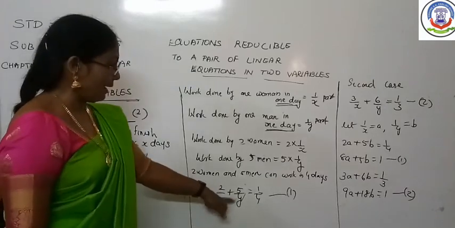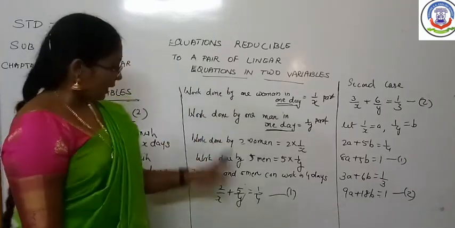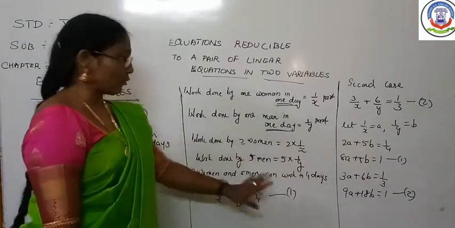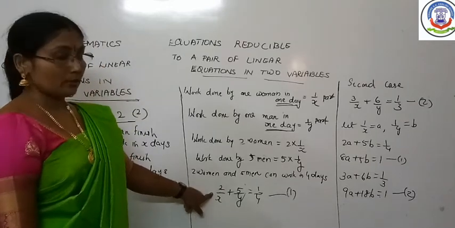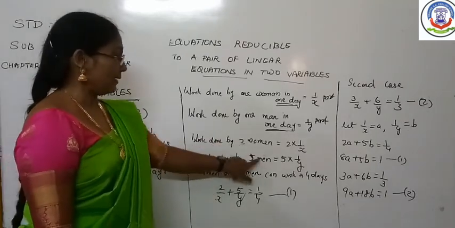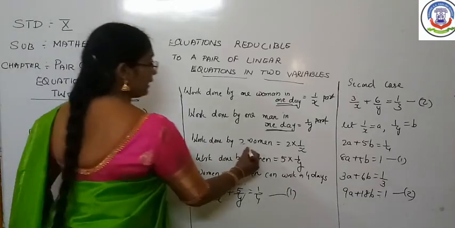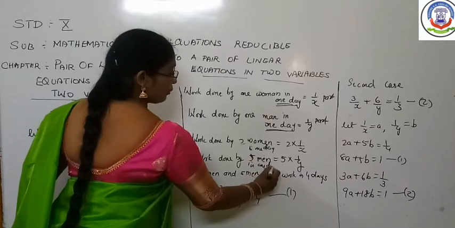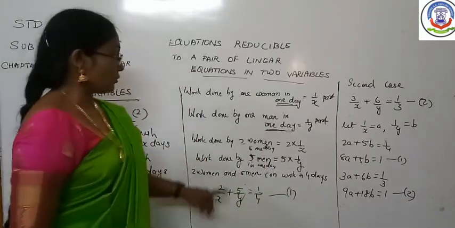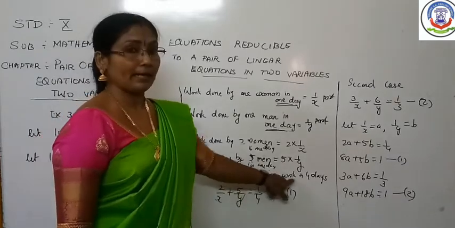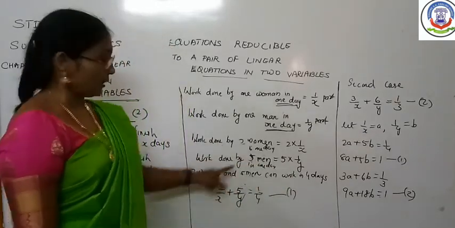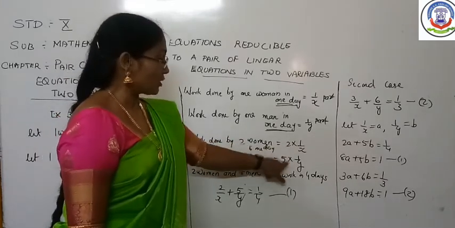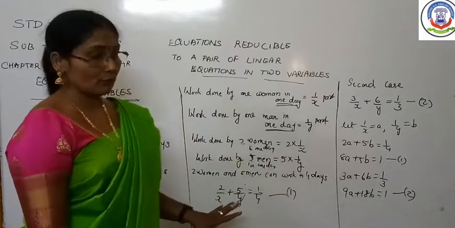That means 4 into (2 by x plus 5 by y) is equal to 1 work. Otherwise you can say, in 1 day how much work will be done? 1 upon 4 work, the 4th part of this work. So the first equation you have got. How many days? How many women? 2 women and 5 men. So work done by 2 women in 1 day is equal to 2 by x, 5 men in 1 day is equal to 5 by y. But here in the question clue, it is given that 2 women and 5 men can work in 4 days. So for the 1 day case, we are combining, that means 2 by x plus 5 by y is equal to 1/4 part of this work.